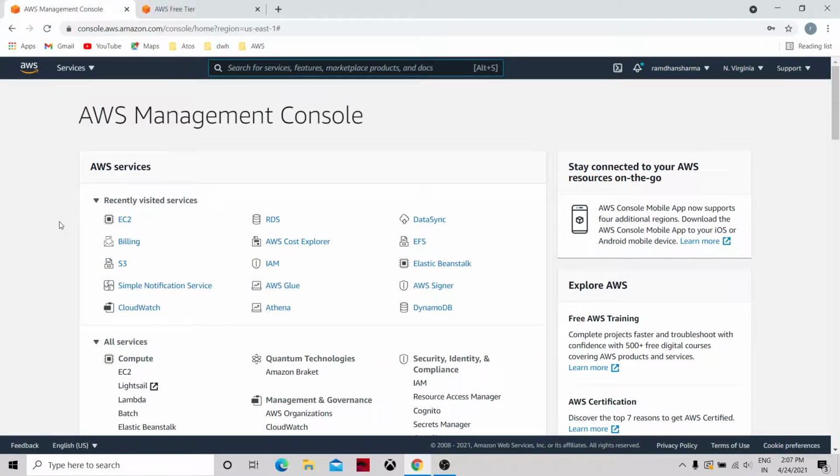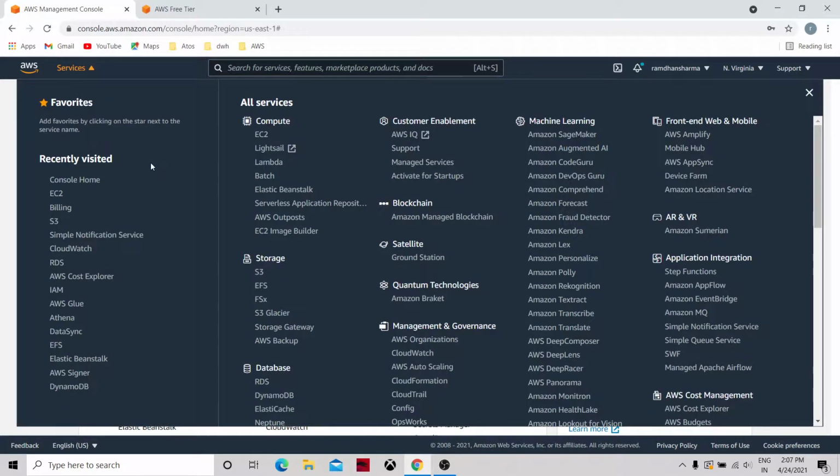So today's topic is EC2. In the compute section, if you go into the services, these are the various managed services offered by Amazon Web Services.